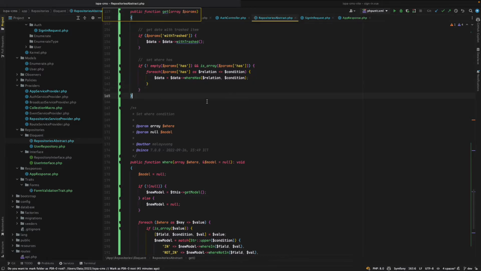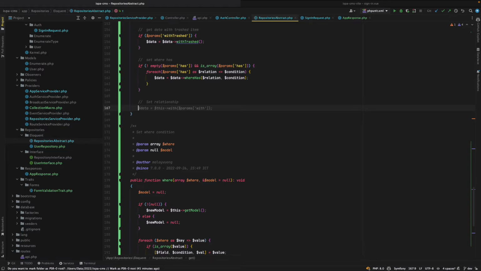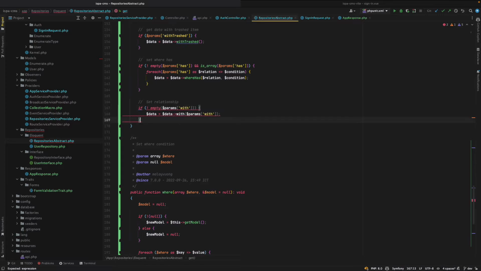Then we set the relationship. If we not empty data to width, and we have width array here,